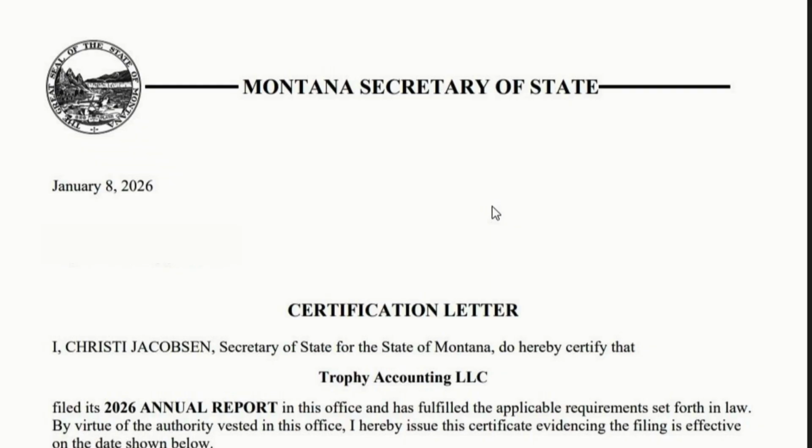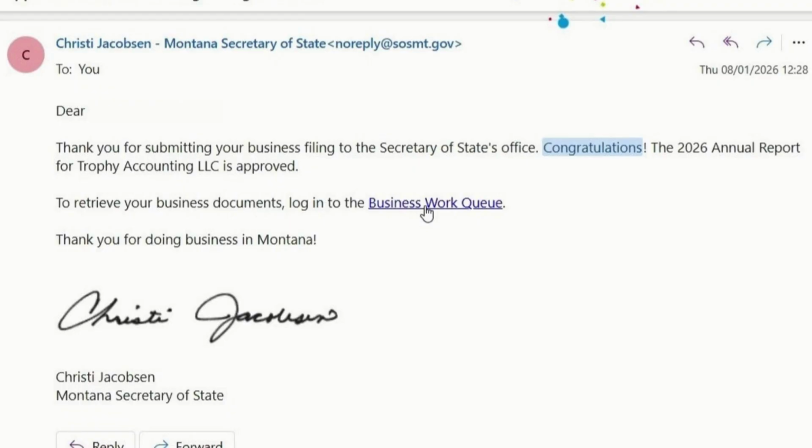Also, when you add your email, the Secretary of State uses it. When you finish and everything is okay, if they approve it, they send you a mail: thank you for submitting your business filing to the Secretary of State Office. Congratulations, the 2026 annual report for Traffic Accounting LLC is approved. And if you want to check your information,